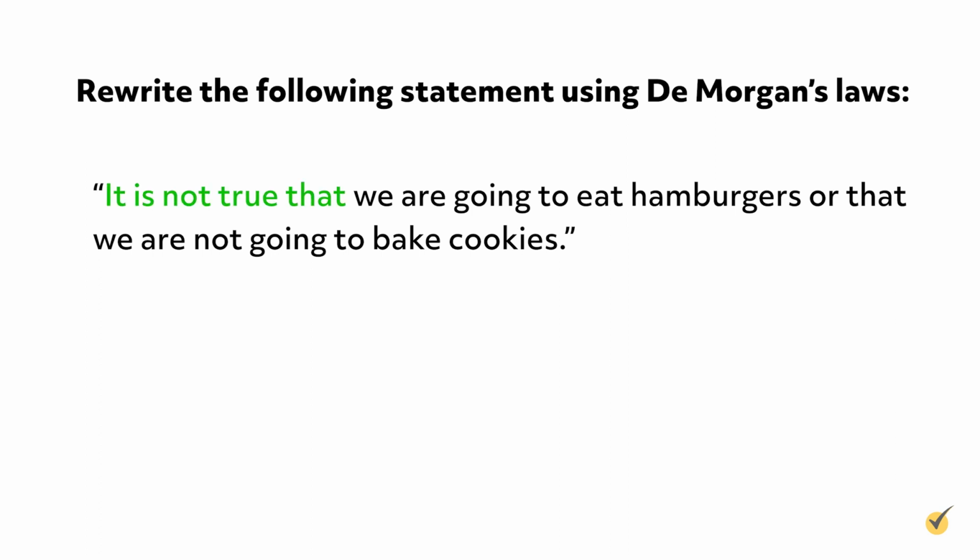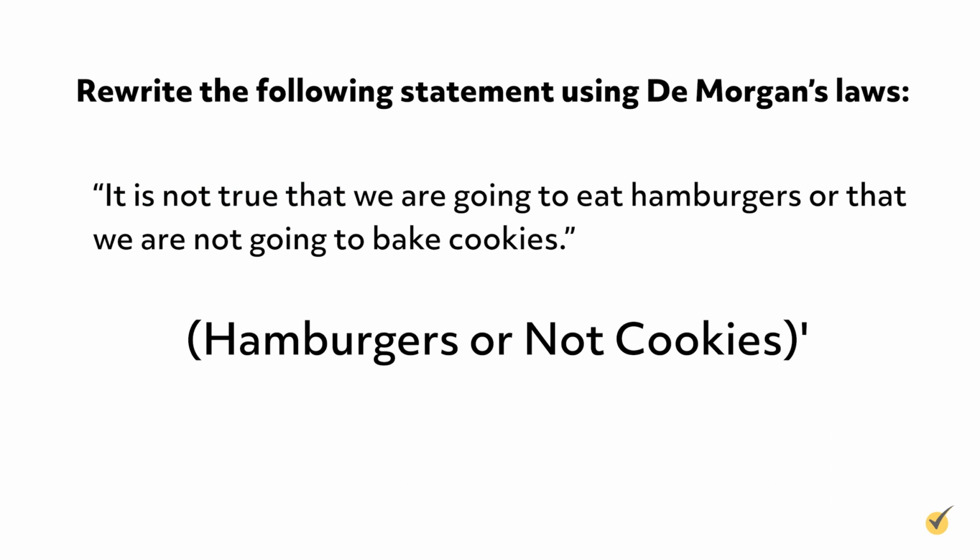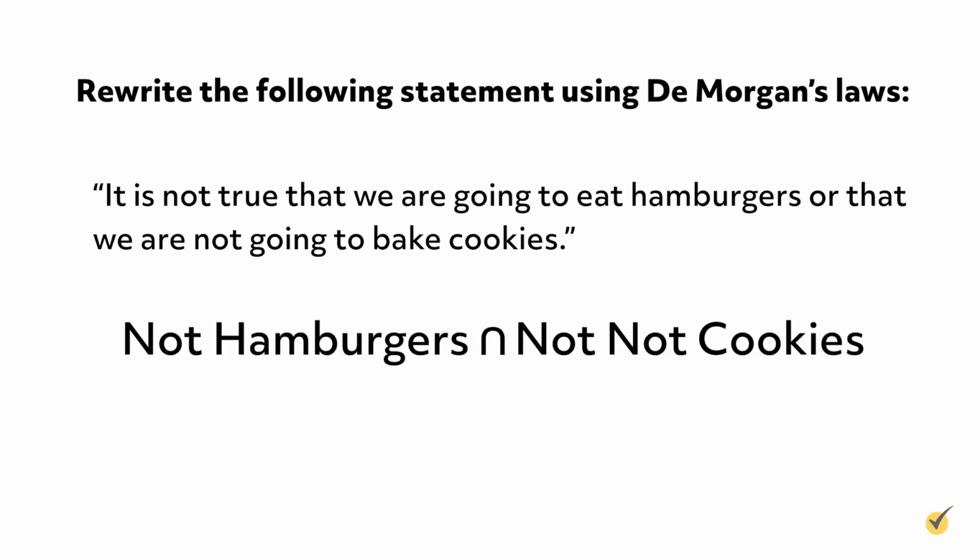Well, the phrase, "it is not true that," indicates that the remainder of the sentence is to be negated. So we can write this in a sort of set notation as the complement of hamburgers or not cookies. You'll recall that the word or in set theory is associated with the union of two sets. Let's write the union symbol in place of or. Let's now distribute the outer not to hamburgers and not cookies, remembering to switch the union to an intersection. Here, the two nots before cookies form a double negative and cancel each other out, leaving us with not hamburgers